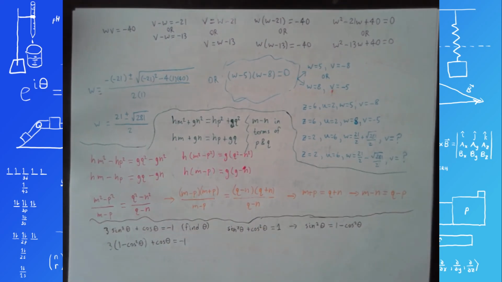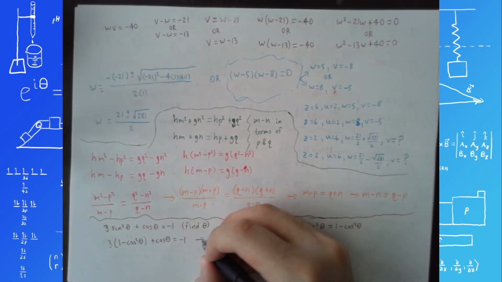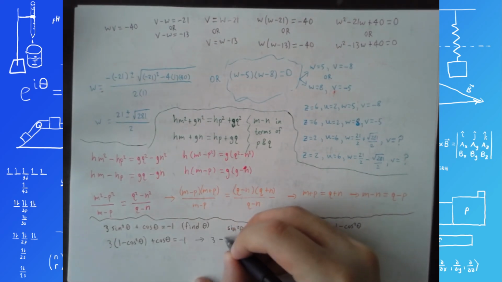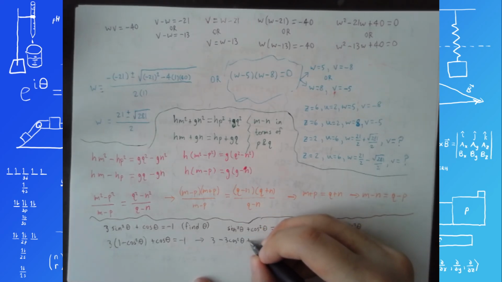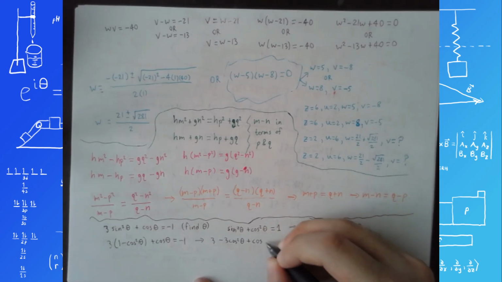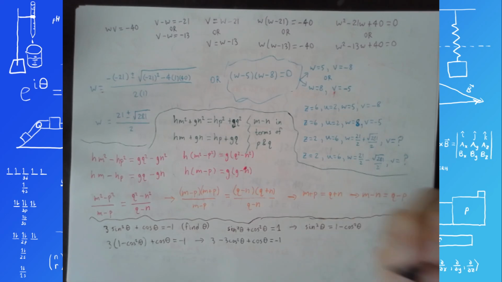And then, if I distribute the 3, I would have 3 minus 3 cosine squared theta plus cosine theta equals -1. Well,